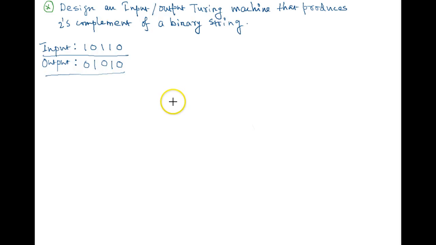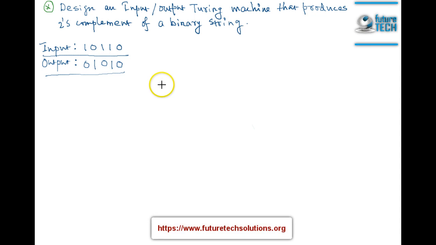In this example of Turing machine, I'm going to show you how to produce 2's complement of a binary string. This is again an input-output Turing machine. So at the end, the machine should halt after converting the binary string to its equivalent 2's complement. And there we need not consider a final state. So if the input is this 10110, for example, then the output should be